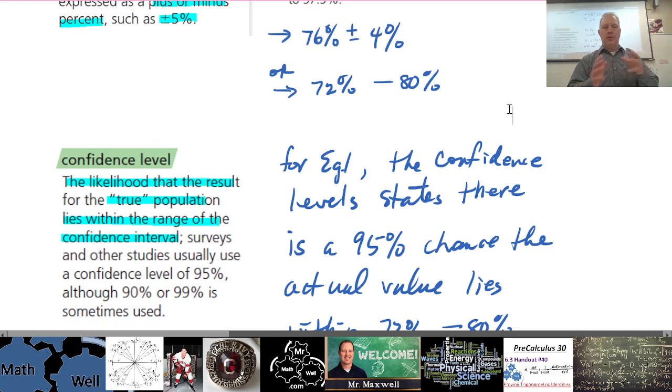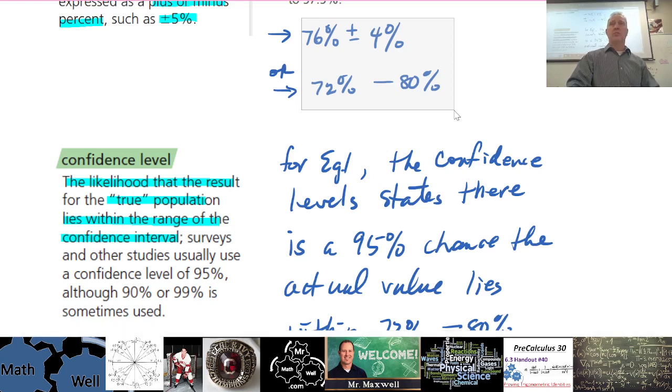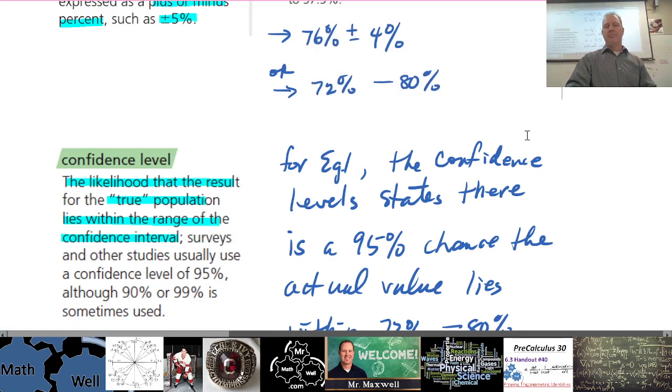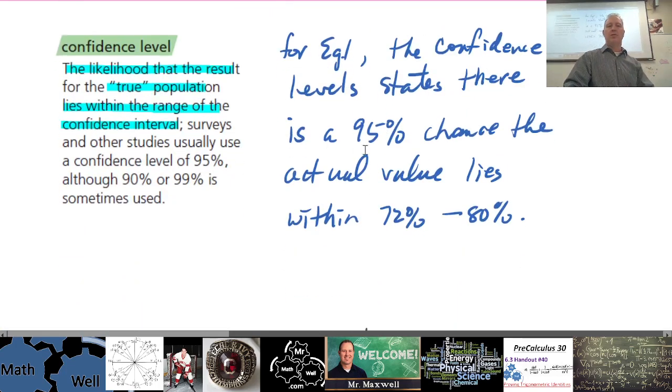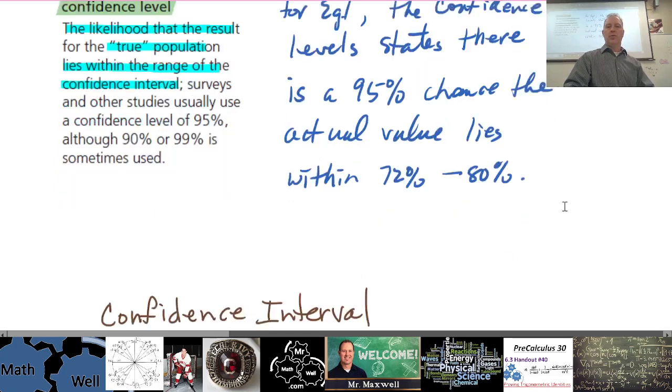It's a little cushion that they say, you know what, we're pretty certain about this value, but there is error involved in our calculations or our collection of data, and even in this range, we're 95% sure that the actual value is in there. There is a 5% chance that we could be totally off. So it's just an added kind of cushion there. All right, so 95%, 19 times out of 20 chance that the actual value is within that range.